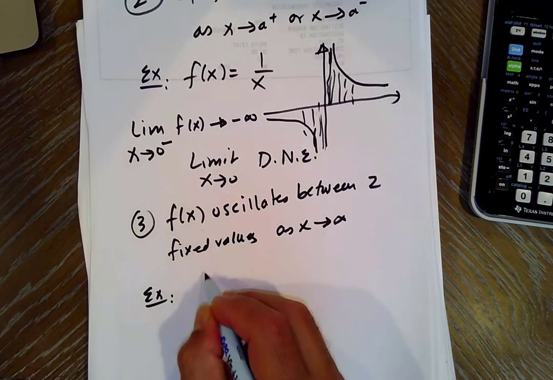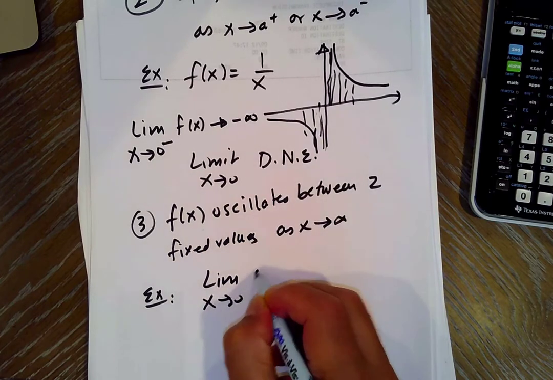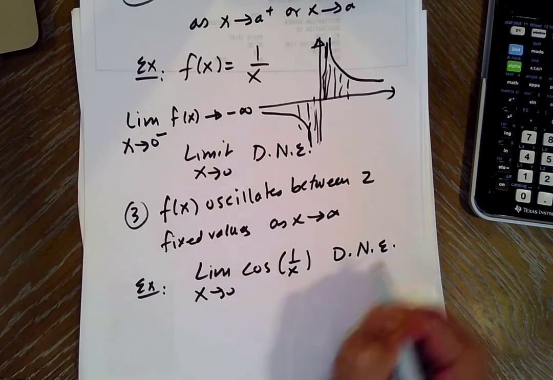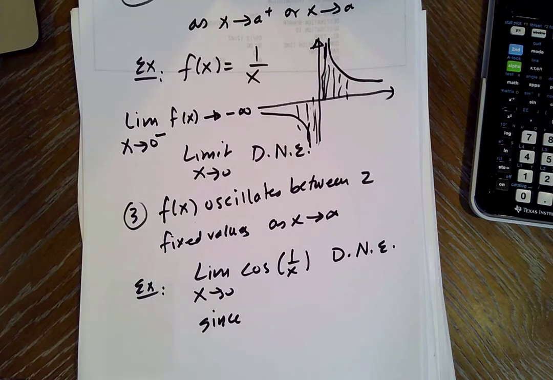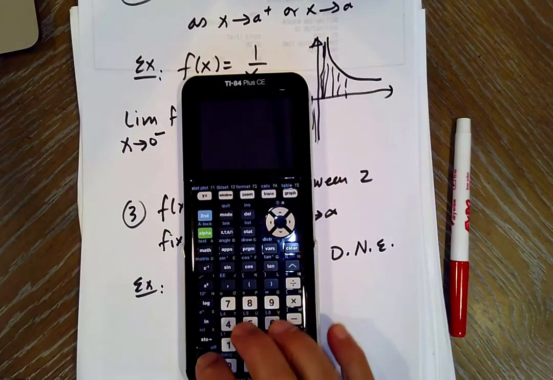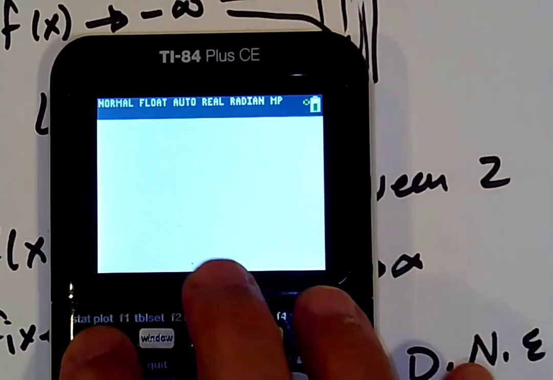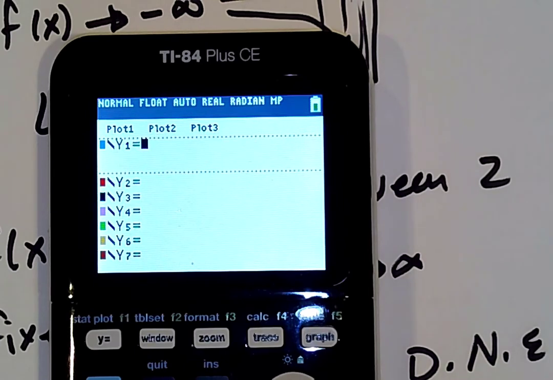For example, the limit as x goes to 0 of cosine 1 over x does not exist, since if you look at the graph of cosine 1 over x,